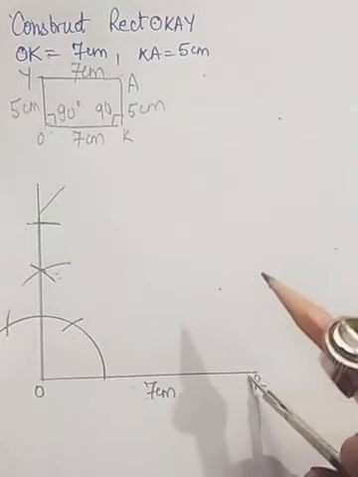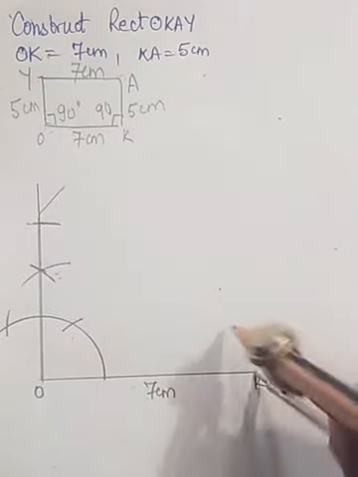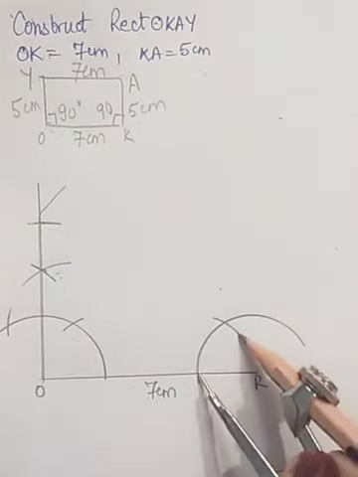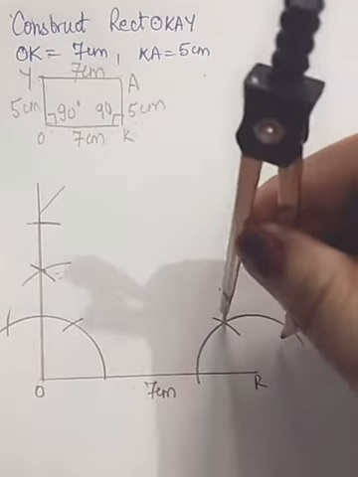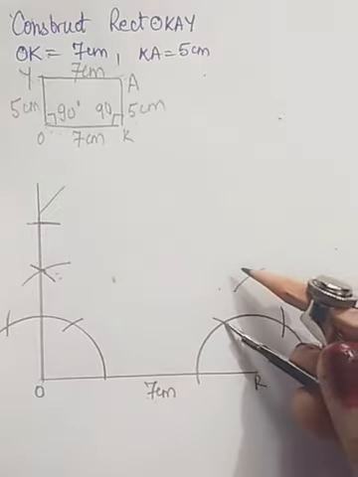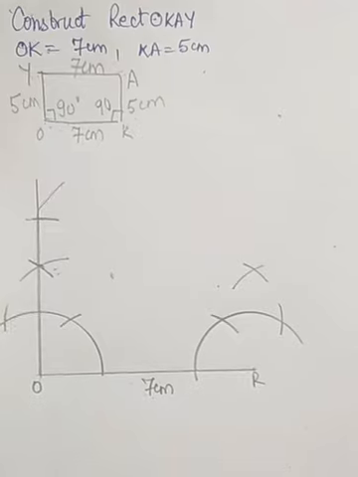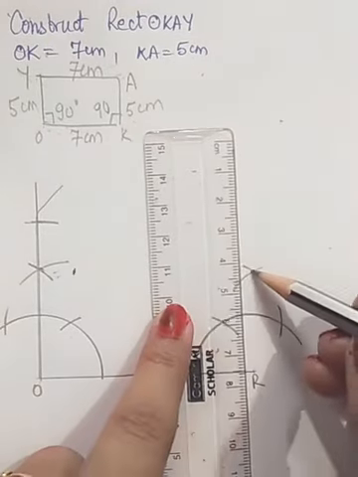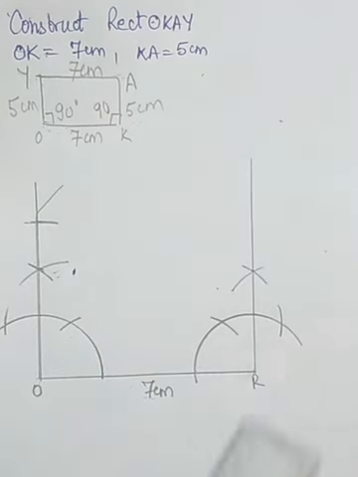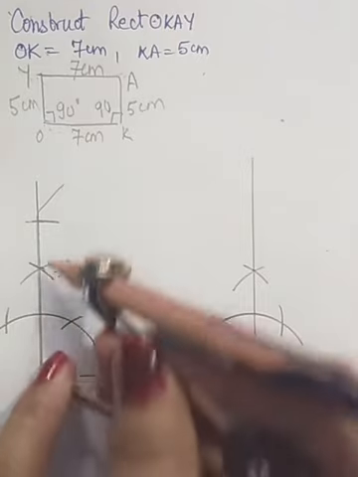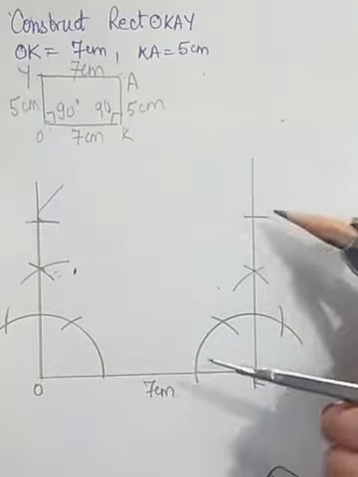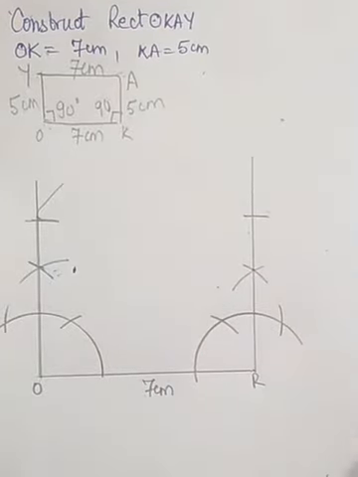You can in the same way, with the help of a compass, make an angle of 90 degrees here. The first arc here is of 60, then you can cut an arc of 120, moving up. This is 90. Join this arc to this point. Cut an arc of the same length, 5 centimeters, from here. We are getting the two arcs here in the same alignment.